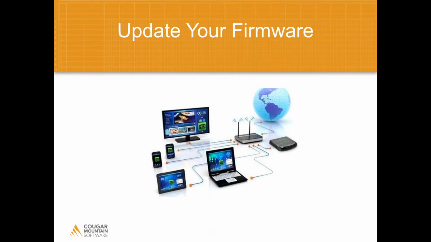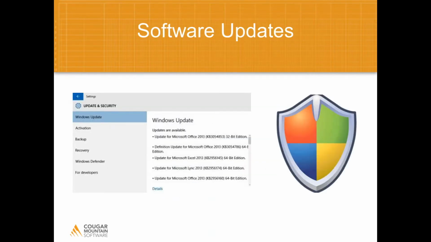However, a lot of hackers out there figure out ways to get around the firewalls and the routers that protect your network by bypassing some of the security protocols set up by the firmware of that particular piece of equipment. And so the way the equipment manufacturers combat that is they update that firmware to protect you from those attacks, some of those newer methods that these hackers are coming up with to get through those systems. So make sure you keep that firmware updated so that you can make sure your protection is always updated as well. And that protects you from the hardware attacks, but you also want to make sure you update your software,